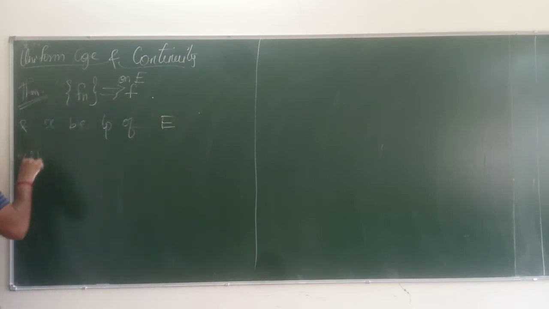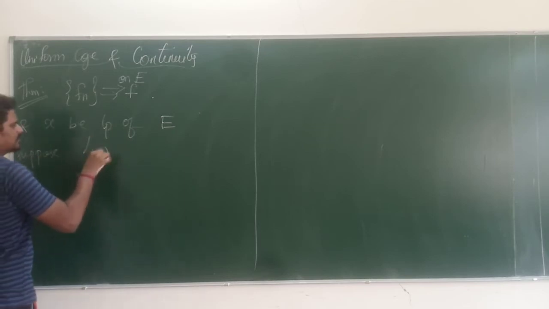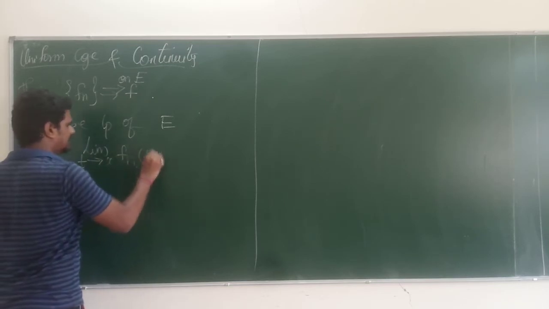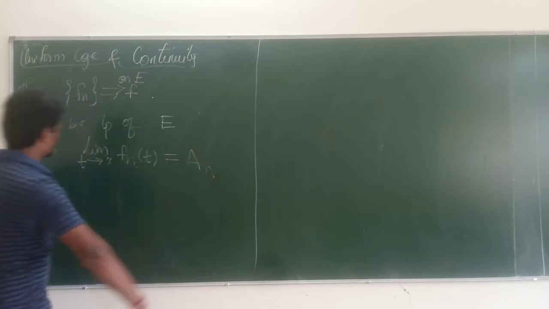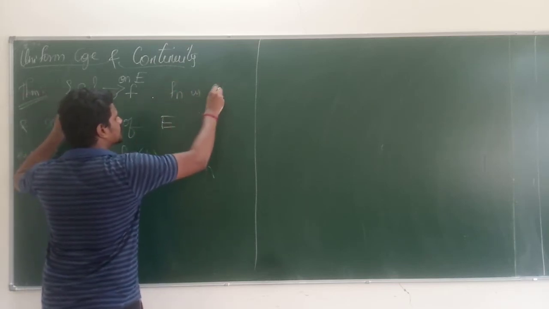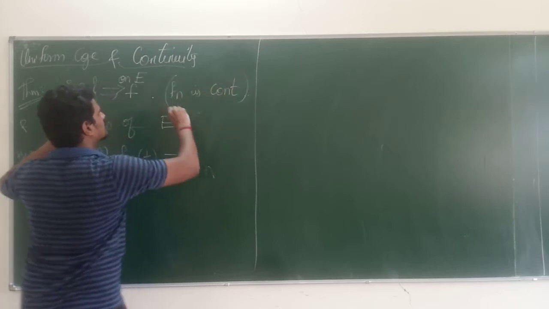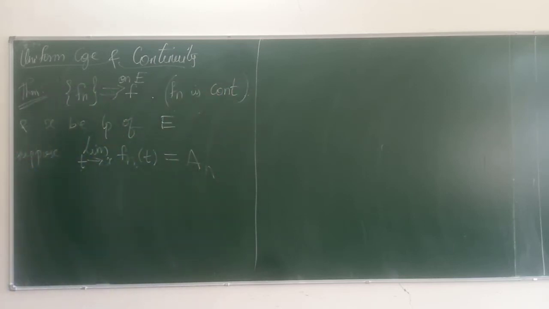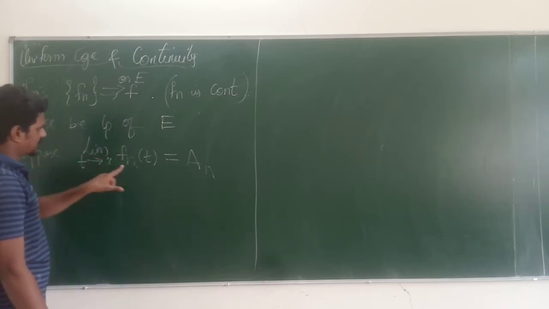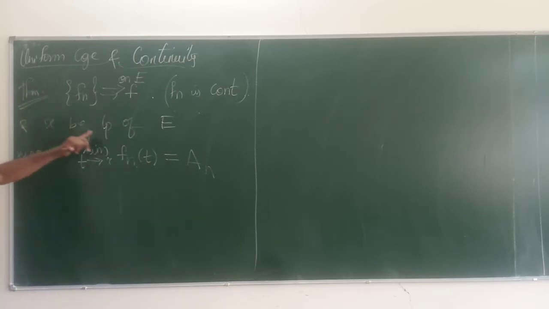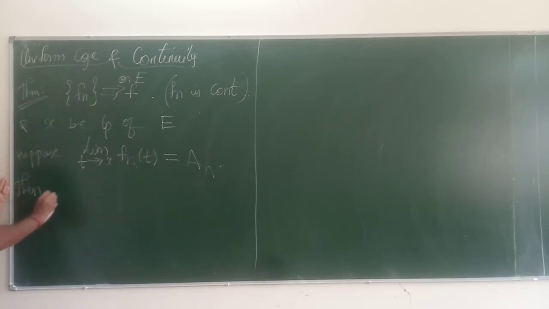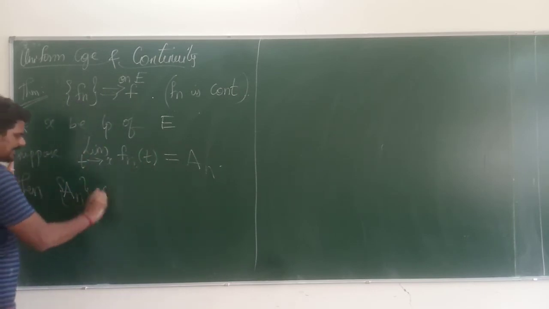suppose that limit t goes to x of fn(t) is some an. Here each of the functions fn is continuous. Each fn is continuous. Okay. Here limit t goes to x, fn(t) is an, for x a limit point of E. Okay. So if these are all there, then we have to conclude that the sequence an converges,